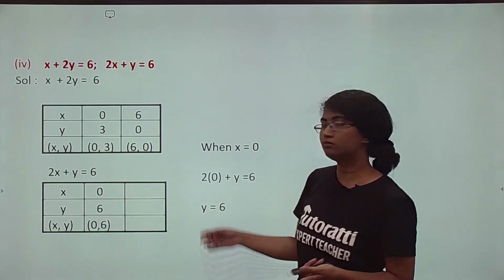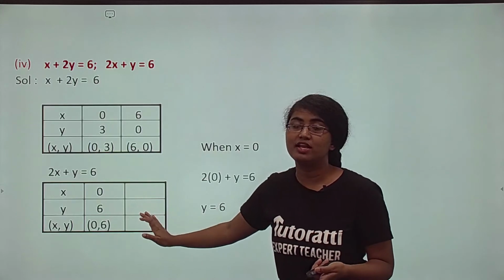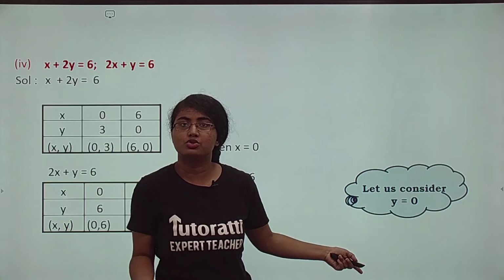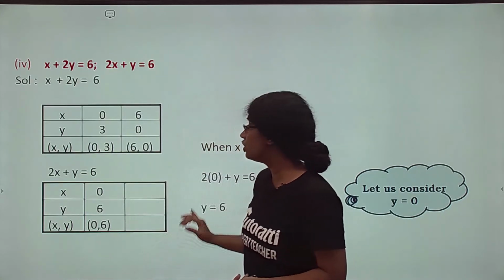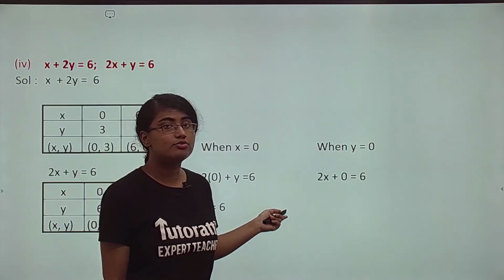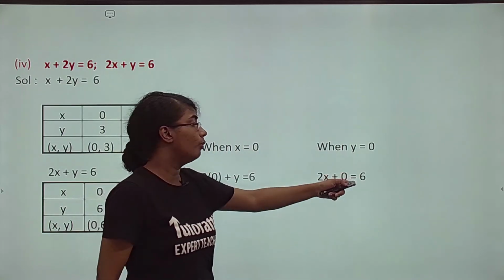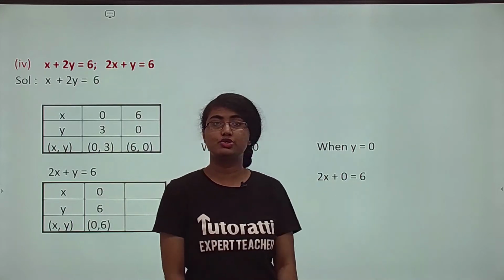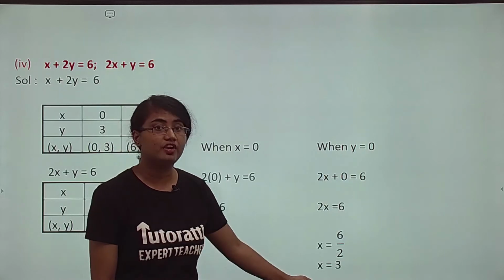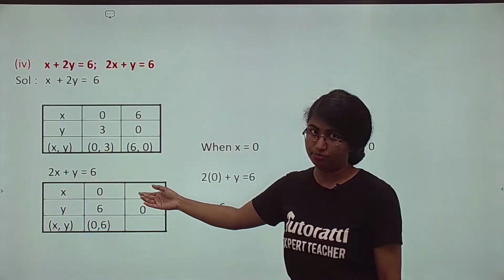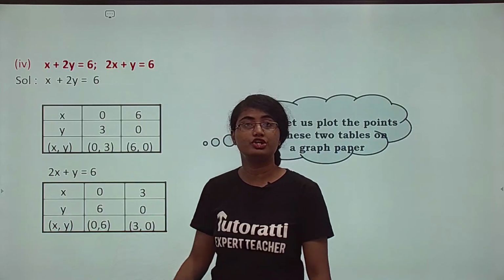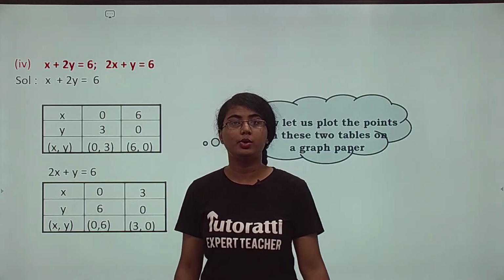Excellent. Now, next value. Next value के लिए क्या consider करेंगे? y is equal to 0. Naturally, my first go-to choice. So coming to the equation, when y is equal to 0, what happens? The equation becomes 2 times x remains, y की जगह 0 आएगा, is equal to 6. Then the value of x can be obtained as 3. ये 3 कहाँ पे जाएगा? Here in the column. Okay, so यहाँ पे आएगा 3, and then 3, 0 is your point. Okay, ये coordinate हो गया.